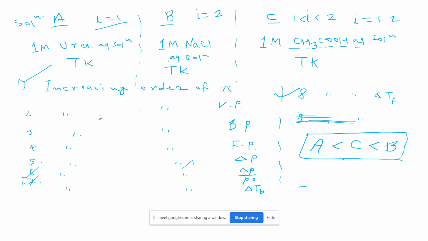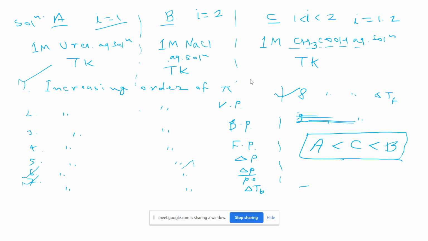Sir, will it be BCA? BCA, correct. Next for delta P. Will it be ACB? ACB, right. Okay, so these are the answers. If you have any doubt in any section of these questions, you can say. No, sir. Actually, I was having a problem in interpretation of the formula, like that maximum minimum. That's the reason why.